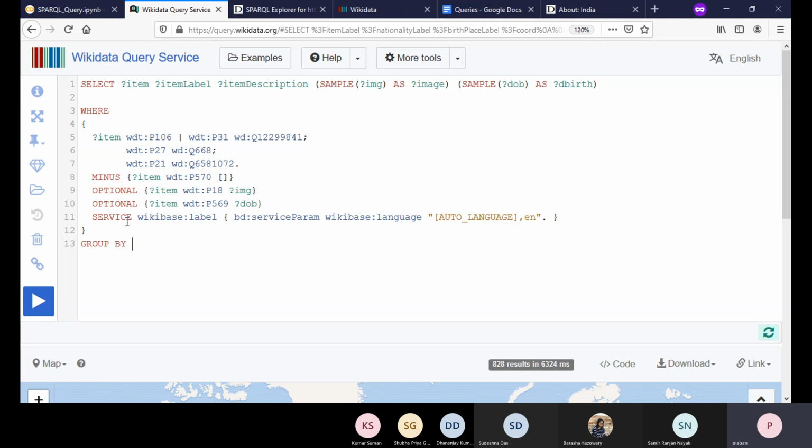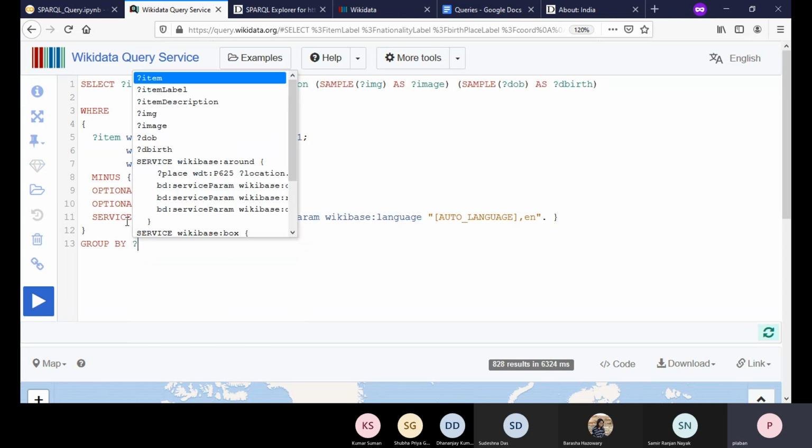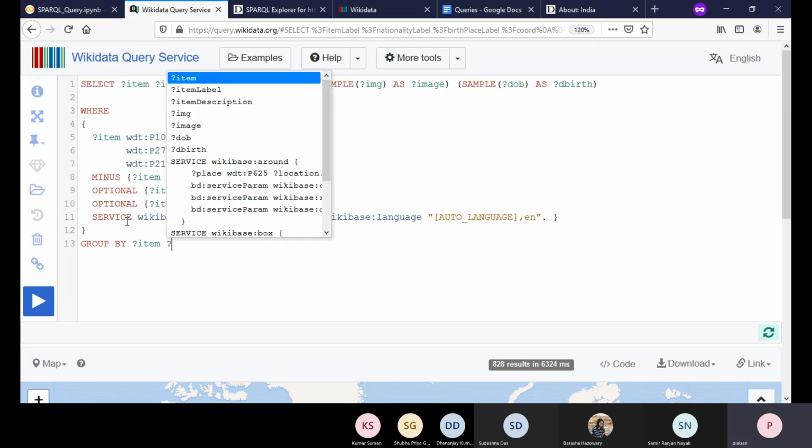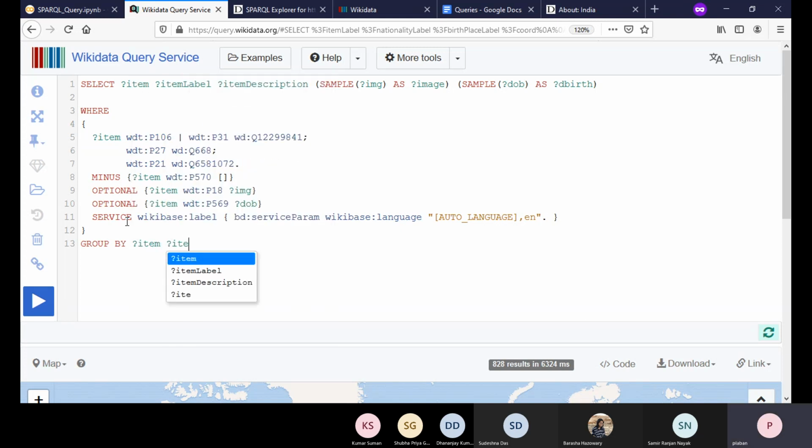Group by, and it should be on item, then item label, and item description, because they have a single value for this item. Put together, they act as a key to partition the entire data.